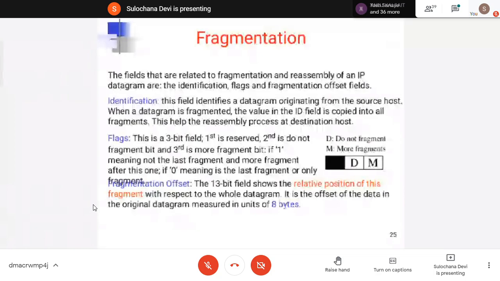How will those pieces be identified as belonging to the same packet?